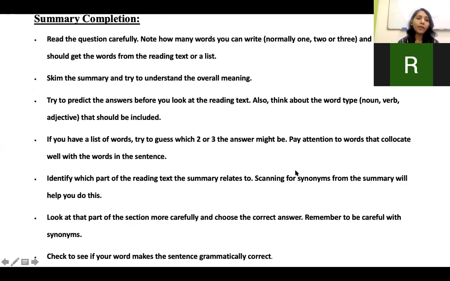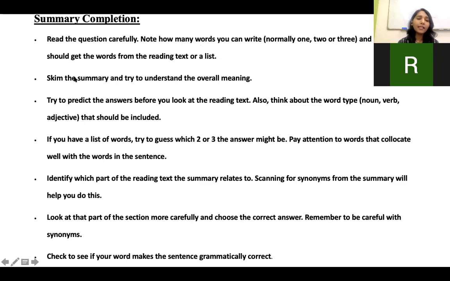So the next type of question is the summary completion. Read your question carefully and see how many words you have to write. So here you're given a passage borrowed from the reading passage, and there are blanks inside the passage and you'll have to complete it. So for this, read through and try to understand how many words they're asking you to write. If it's one or two, not more than two, not more than one, how many words are they